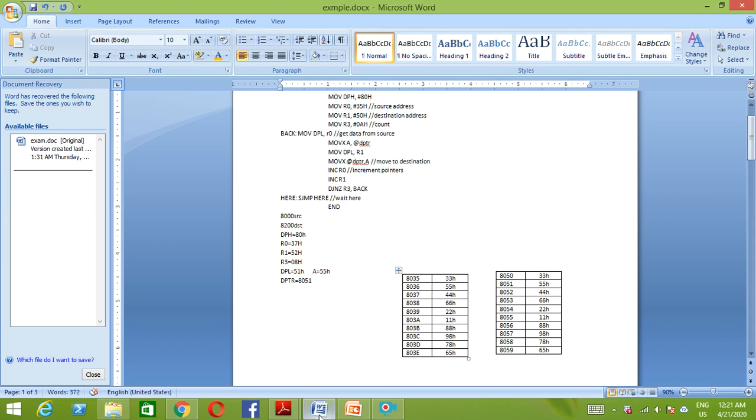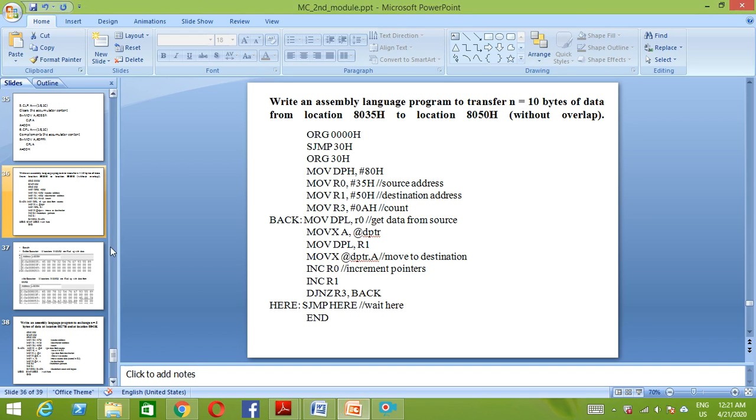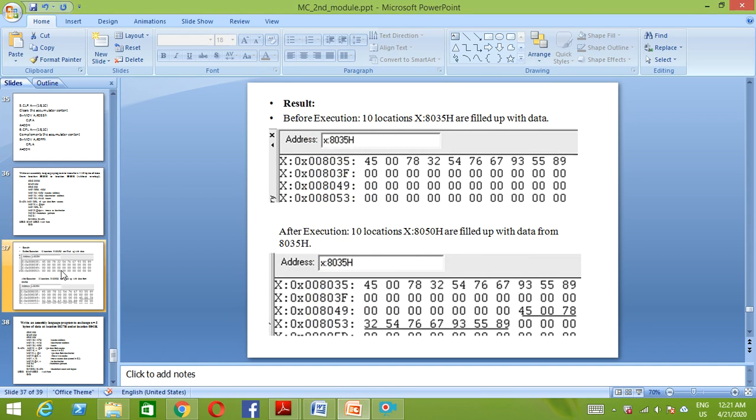Okay, so similarly you are going to see the result after the execution, how we are going to get the result on the Keil MicroVision. So here you can see before execution, at the 8035 location, we have these 10 values loaded, and on the 8050 location we are going to have the same values copied. Okay, so you can see 45H, 82H and 89H, all the values we have, and these 10 values have to be copied.